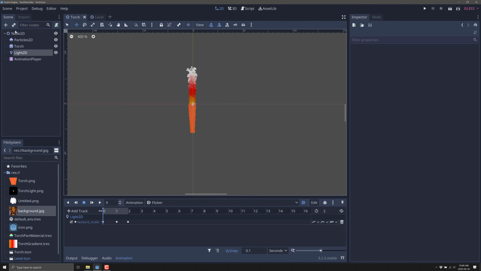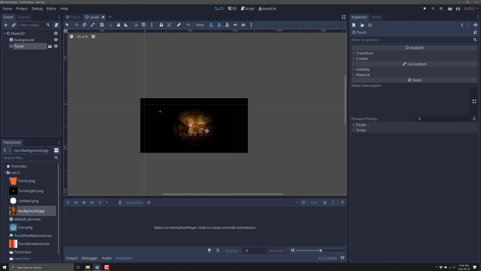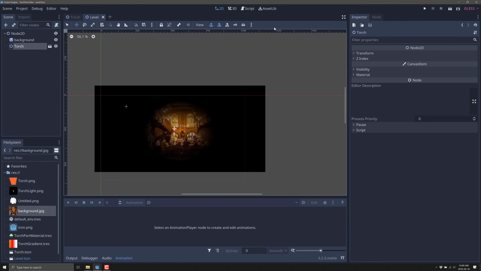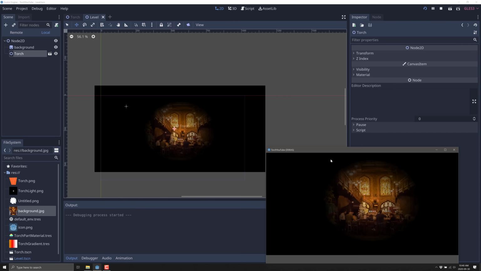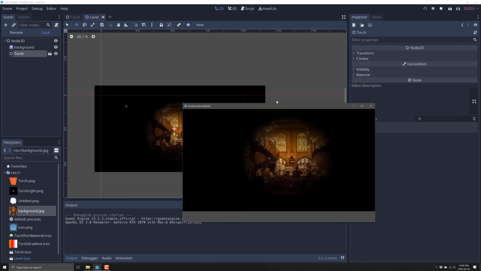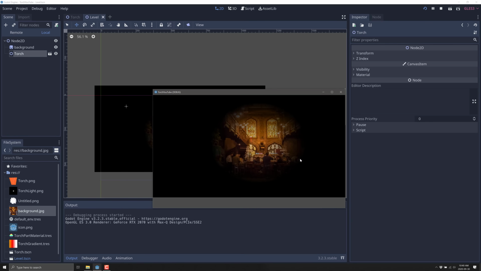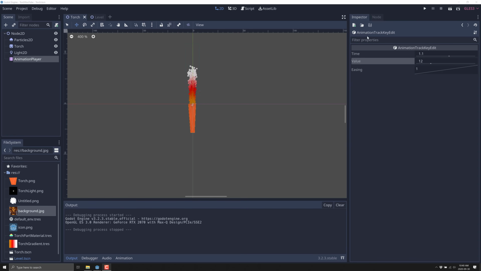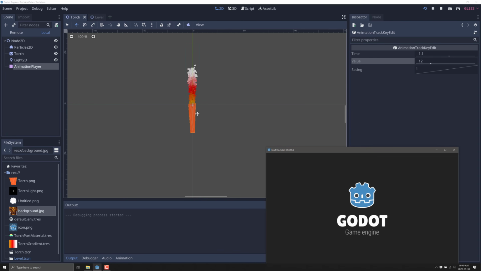Unfortunately, you can't see this directly in the editor. So if we go back here to the level, you're not going to see the results of that animation. But if I go ahead and do a play, we should. There you see. So you see a small strobe effect. Let me just make that a lot more profound. Okay, so what I did is I jacked it way up to 12. This is going to look ridiculous, but you're going to see the effect immediately.